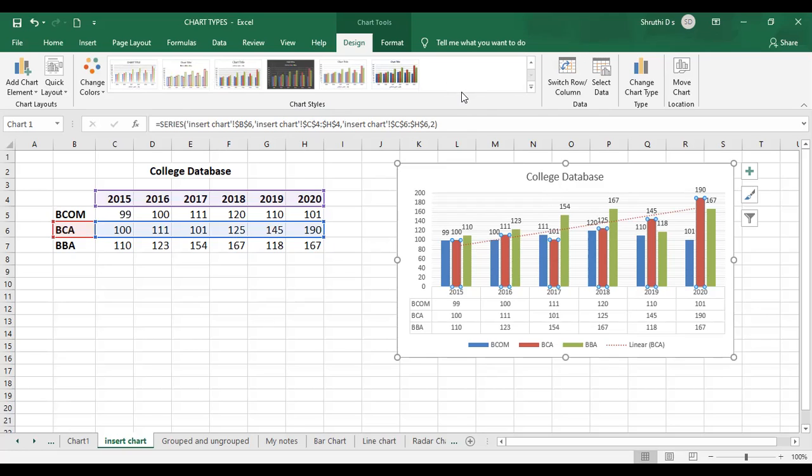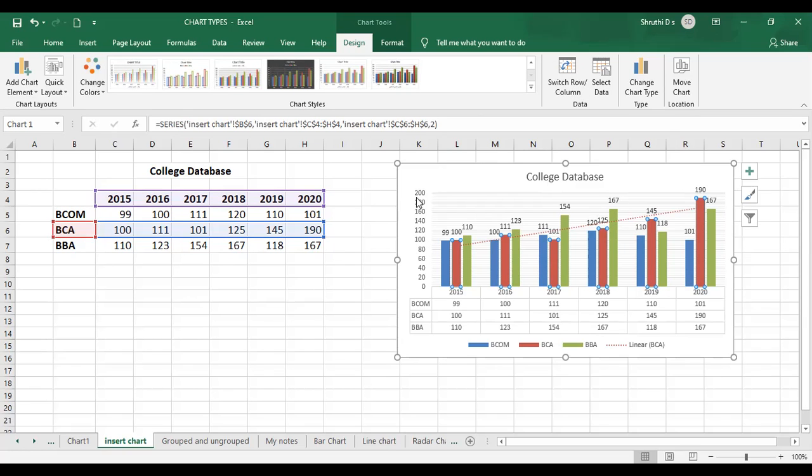With the formatting options, chart styles are available. Okay, so now this one, see these formatting options I'm going to show you again. Now I have this switch row or column option, right? Now I have the column data as x-axis and my row data as y-axis.